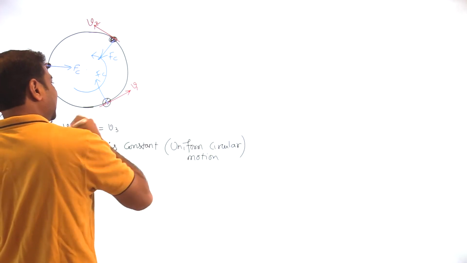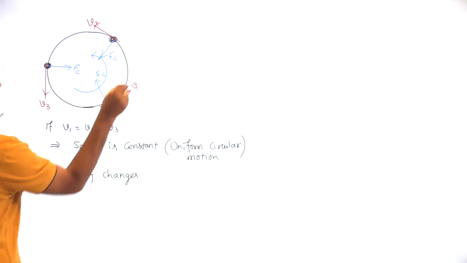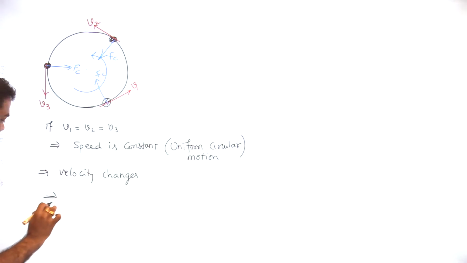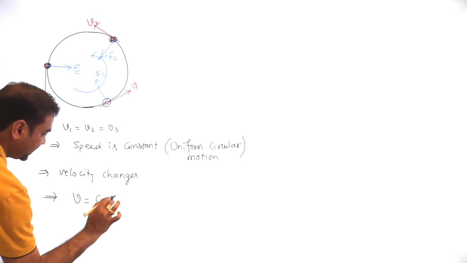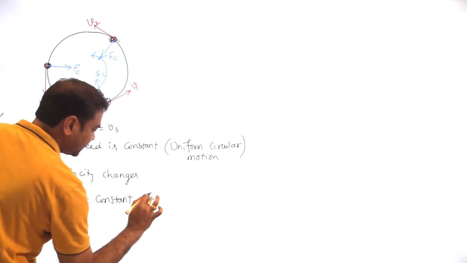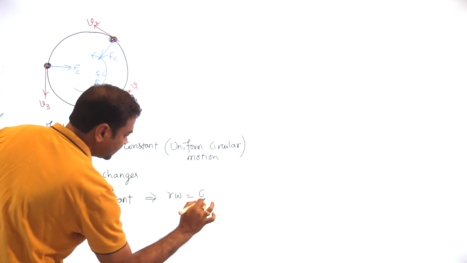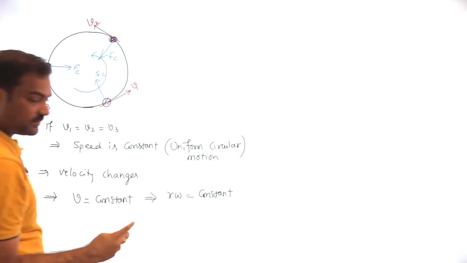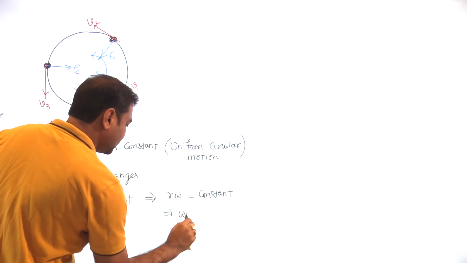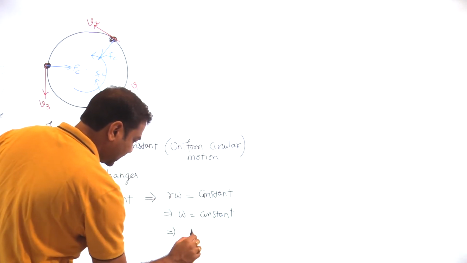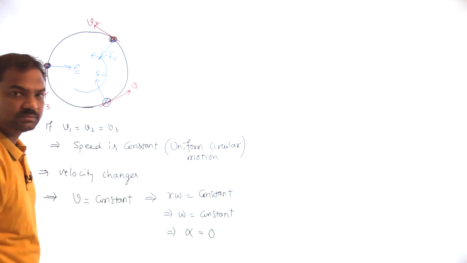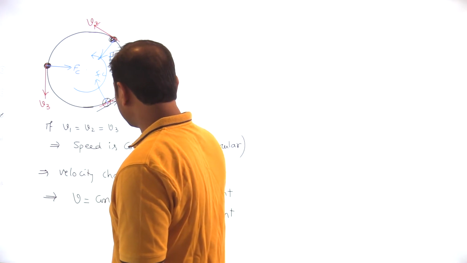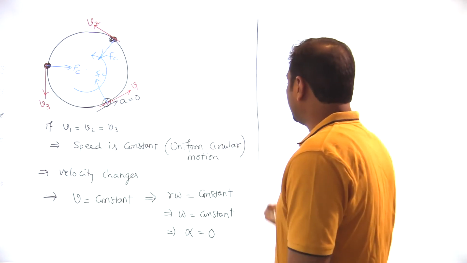Now there is no force acting in this direction, so that's why the speed is constant. As speed is constant, I can write down one more term. V is constant. Speed is nothing but magnitude only. V constant means R omega constant. R value is constant only. It is moving in a circular path, meaning the radius is always the same. So that implies omega constant, and that implies alpha will be 0. Along the tangent, no acceleration is there. Let us say this is the direction, that acceleration is 0. So the next part you will understand easily.